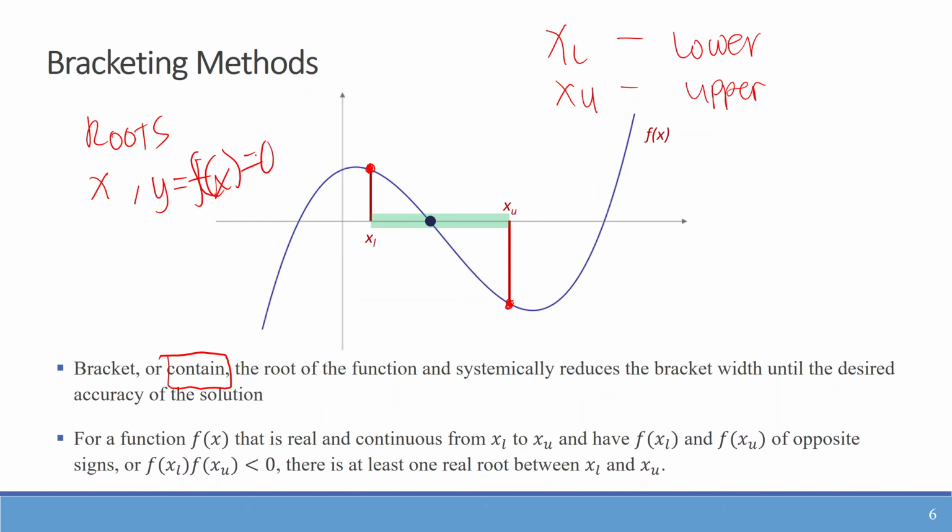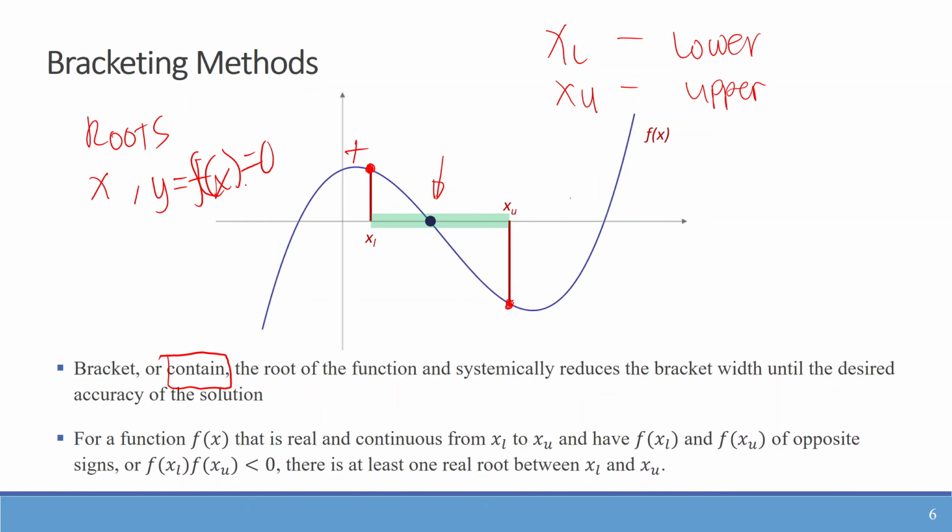How can we say that there is a root when there is a change of sign? Just look at this example. If this is positive and this is negative, we can see that in between these two guesses lies a root. There is a change in sign. Now, what if our two guesses are of the same sign, such as this? As you can see in this example, they are both negative. Therefore, there is no root in between them, resulting in a positive product of the initial guesses.